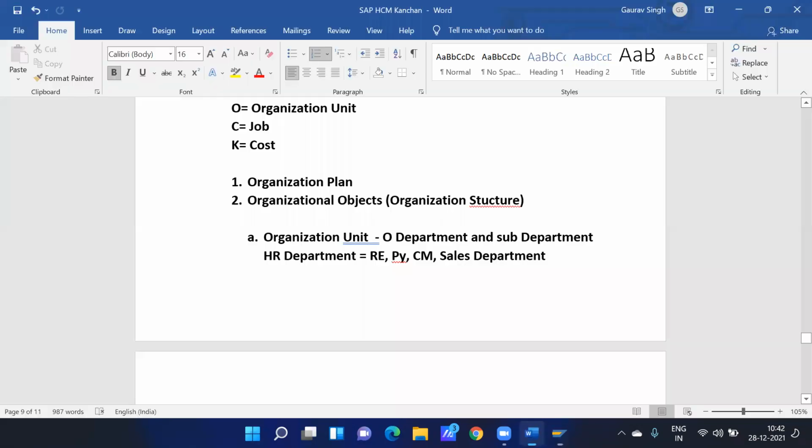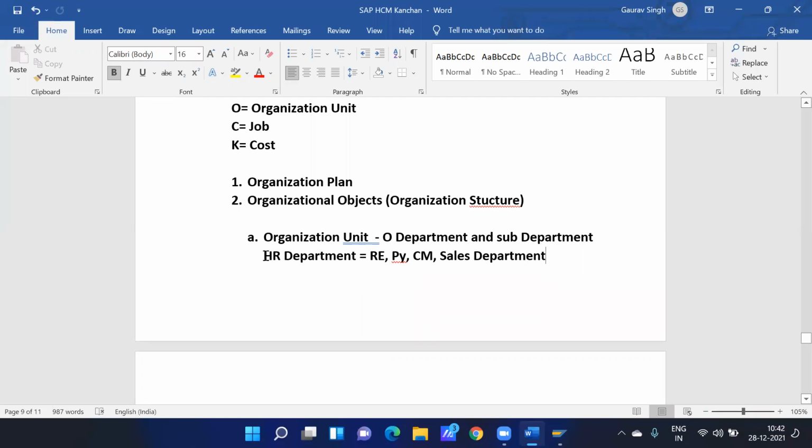So that's why I'm giving you theoretical knowledge first. See, in the organization unit, what we do is create departments and sub-departments, like HR department, finance department, and their sub-departments like recruitment, payroll, compliances. We can say in the sales department, customer creation, customer-centric sales, whatever departments they have in their system.